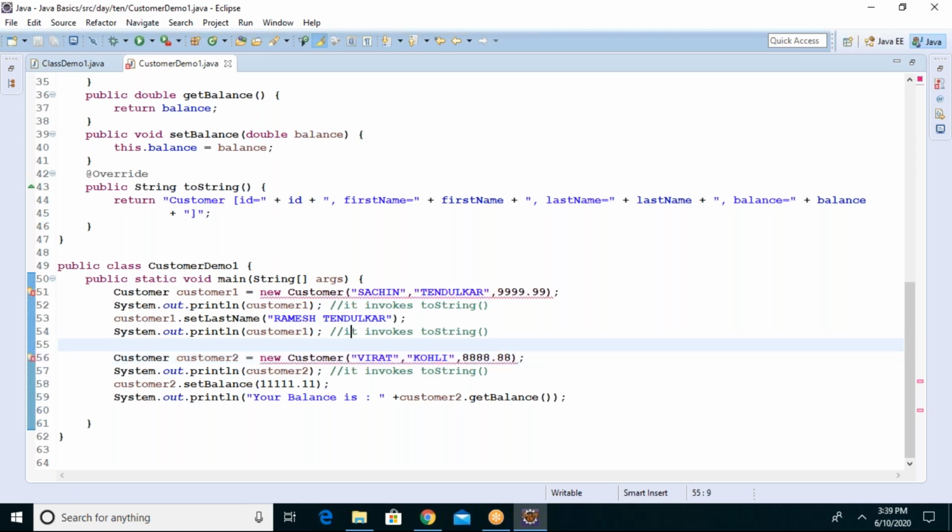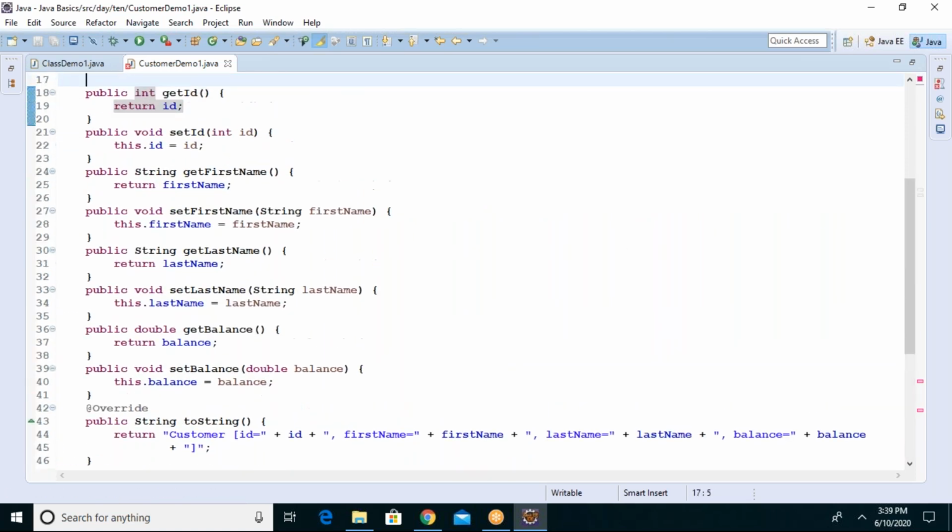So why are we giving this ID 101, 102 on our side? We should provide only your details, but the ID you don't worry about. Once the registration, I mean object creation, is successfully done, the ID is automatically generated.